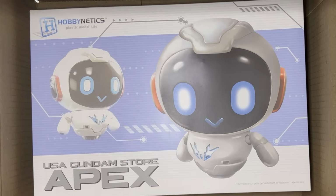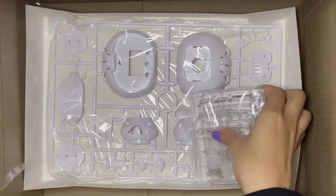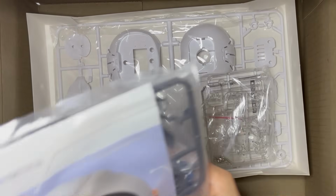We want to play with decimals a little bit. 6.5 out of 10. So I'll have fun building this at least once. Looks cute. It's a cute robot. But until then,